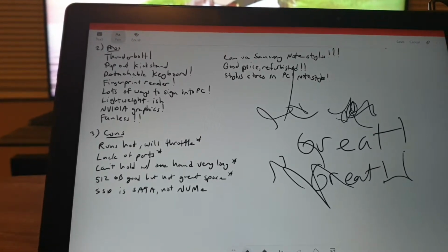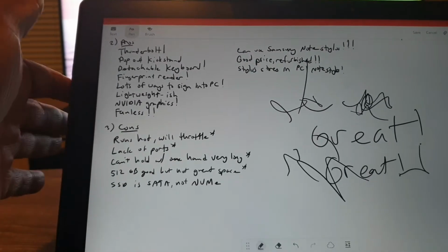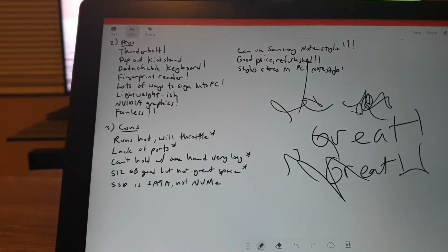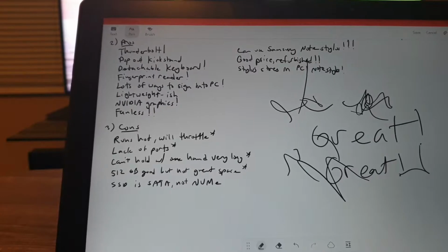So, as I mentioned, because this is fanless, it is going to run hot. This is an aluminum body, so with aluminum, it's going to store heat. And I mean store heat. It's going to get pretty hot, especially when you're playing some graphically intense games. But I do have a solution for that. So like I said, that's a small drawback. Lack of ports. Yeah, it may only have one USB-C, but you're not going to find a lot of